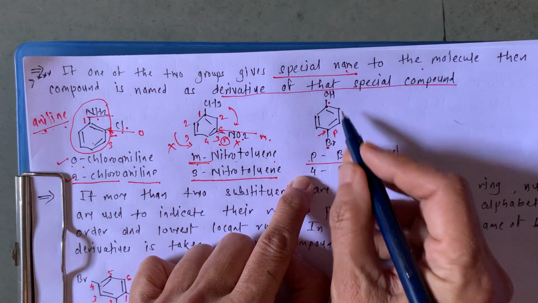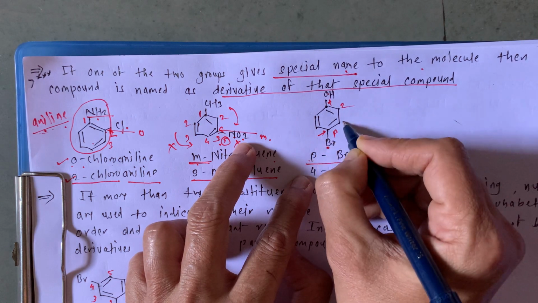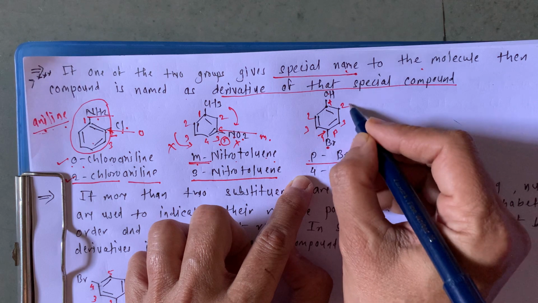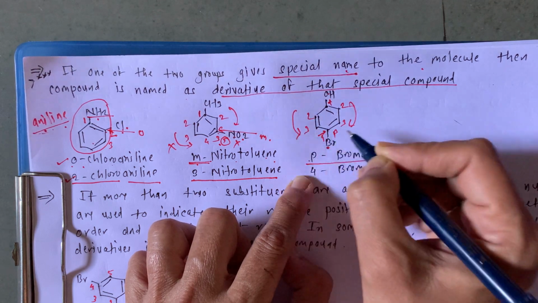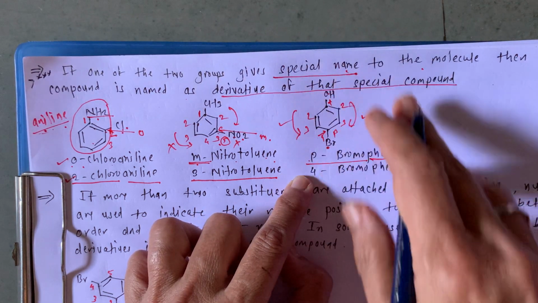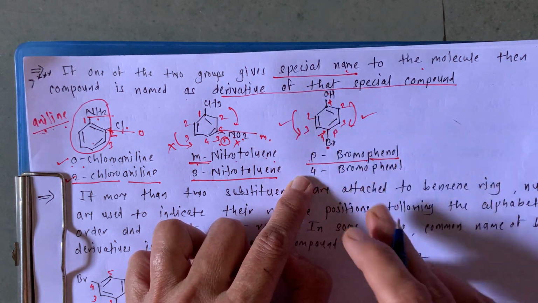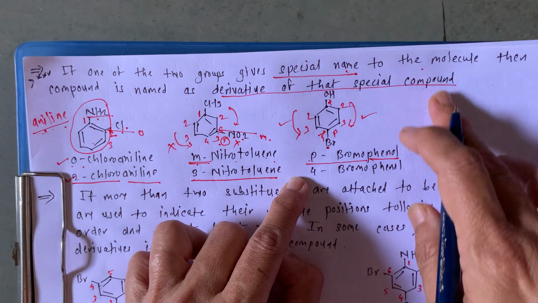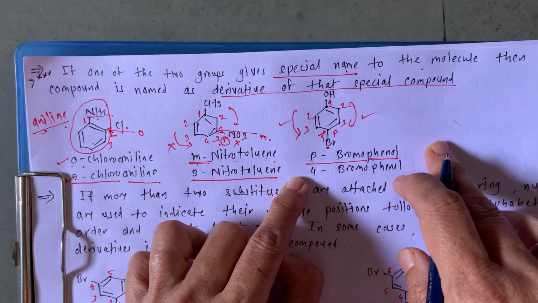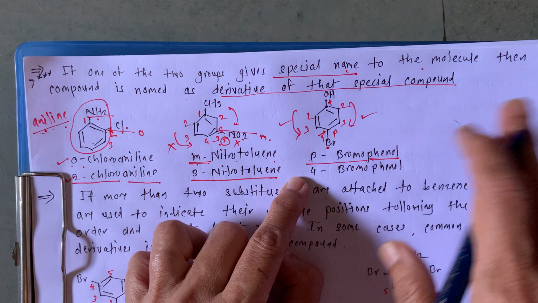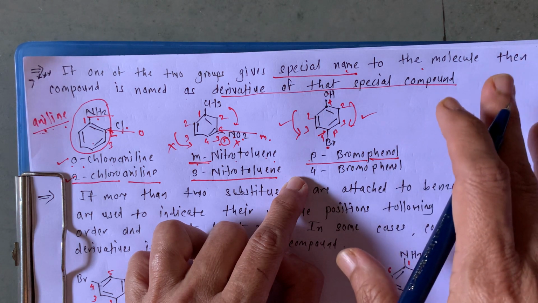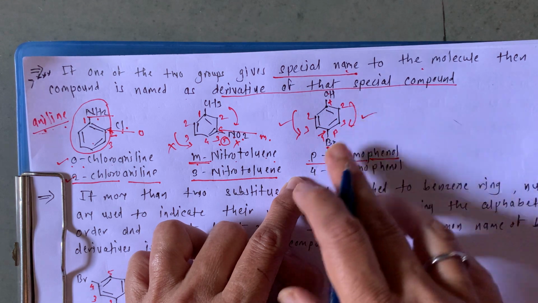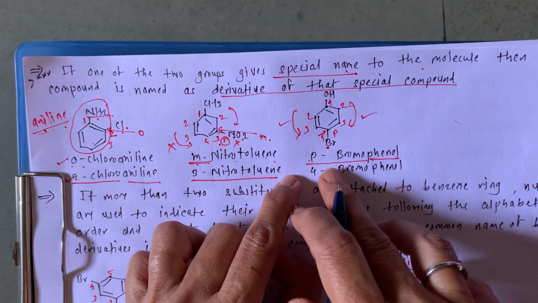While it is on the 4th position, 1, 2, 3, 4 or 1, 2, 3, 4, both the way, clockwise, anti-clockwise, both the way it is same. So you can select clockwise or anti-clockwise, and then this is 4-bromophenol. So up till now, when it is di-substituted, we can mention common names. This is very important. When it is di-substituted, we can mention this compound with common name also, as well as IUPAC.